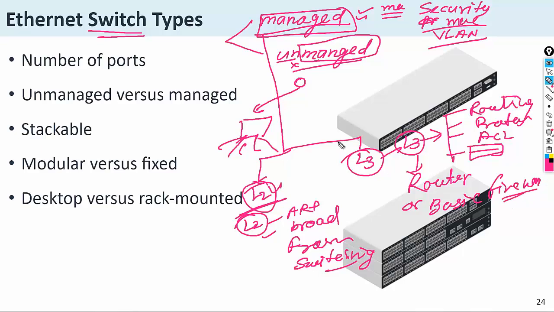So these are the two types of managed switch: L2 and L3. L3 works over packets, on both layer 2 as well as layer 3.